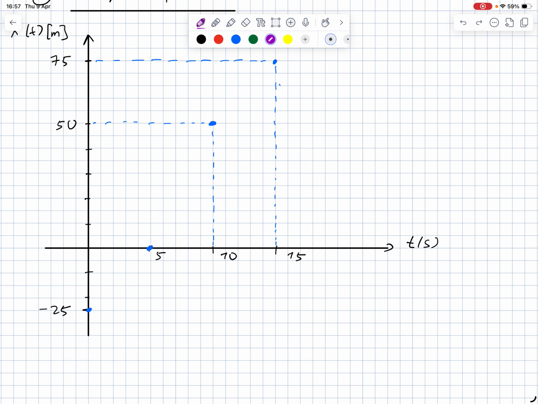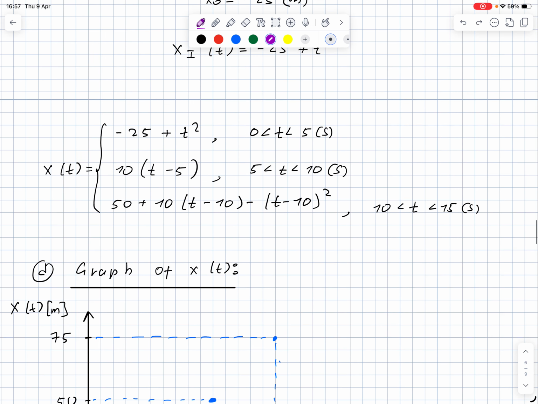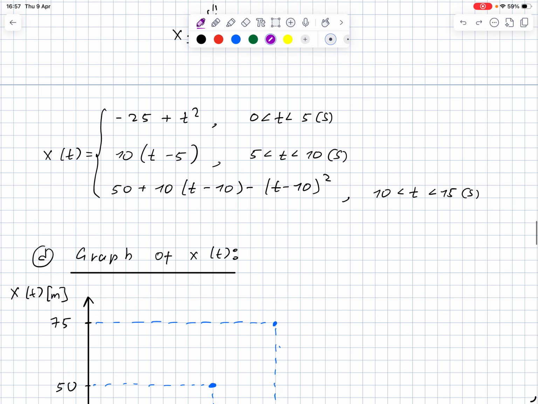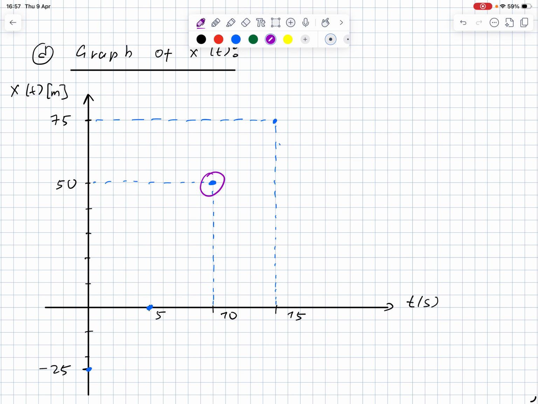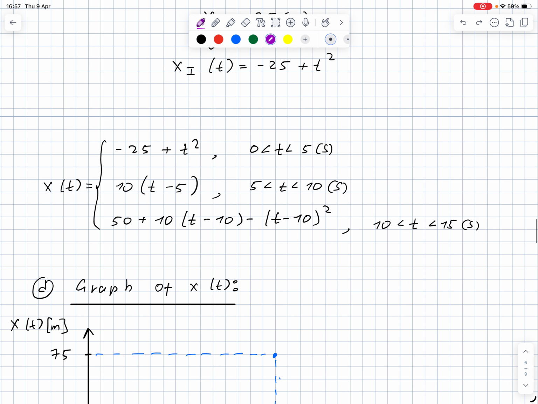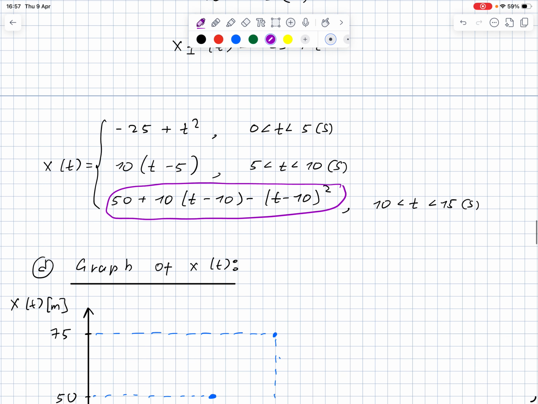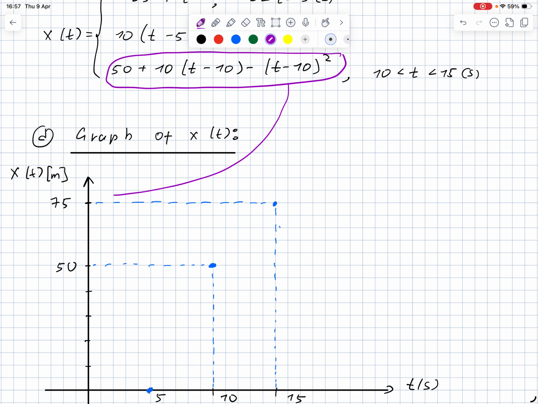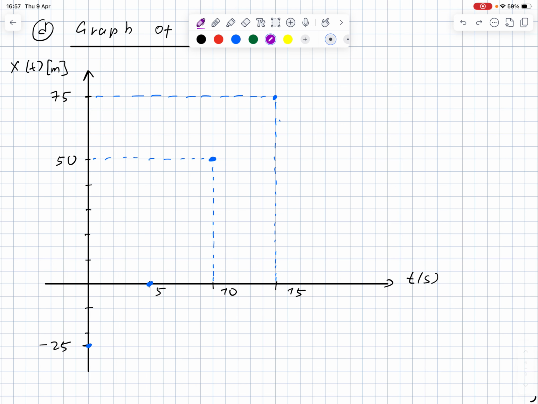And when t equals 10 seconds, we can use this expression, or even this expression. 10 times 10 minus 5, so it will be 50 meters. So I'm talking about this coordinate. And final position, okay, when the final time is 15 seconds, of course we're going to use this expression, and you can check later, it's actually 75 meters. Now,